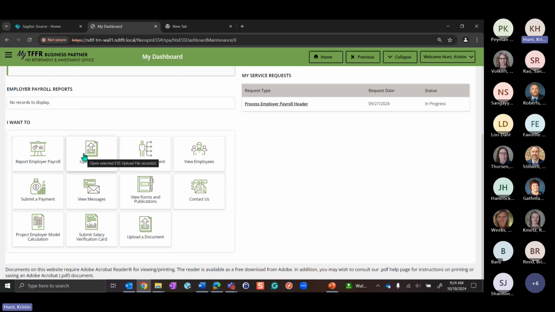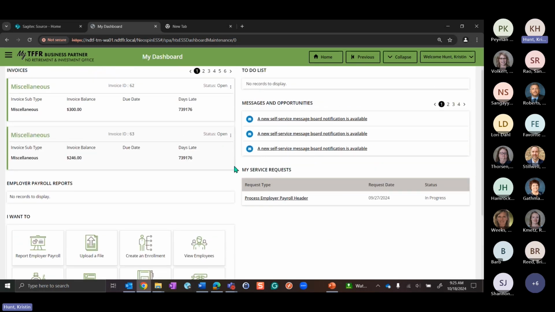You can also, if you need to upload an enrollment file or an employee payroll file, click here and it'll take you there so you can upload that file. Same with creating an enrollment. I also want to preface this with: depending on your role, the different tiles will be visible based on your organization contact role. So if you have an HR, you might just see the create enrollment, but you might not see the submit a payment invoice stuff.